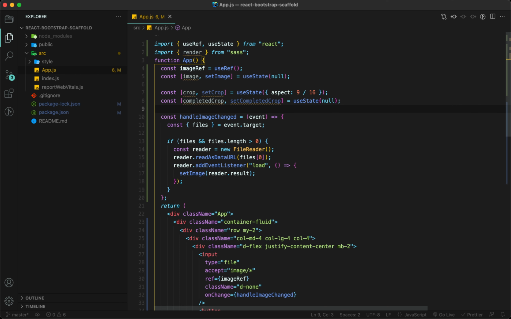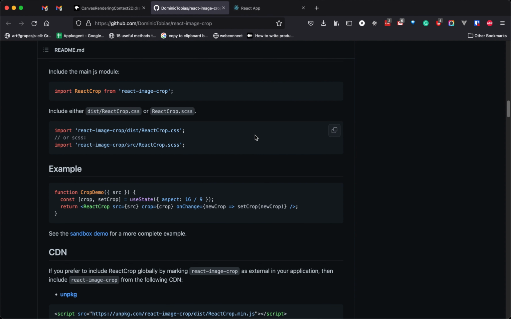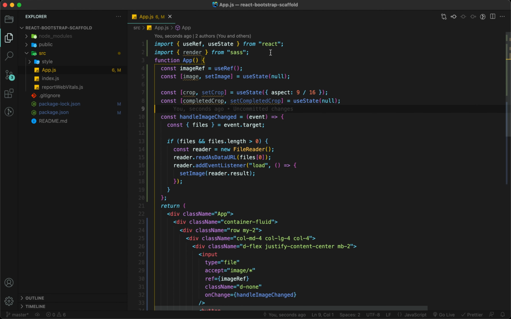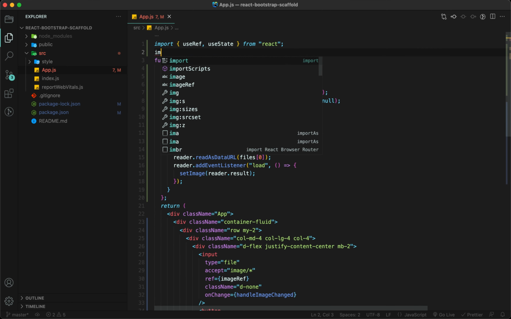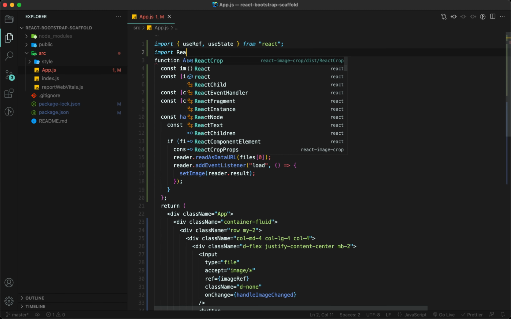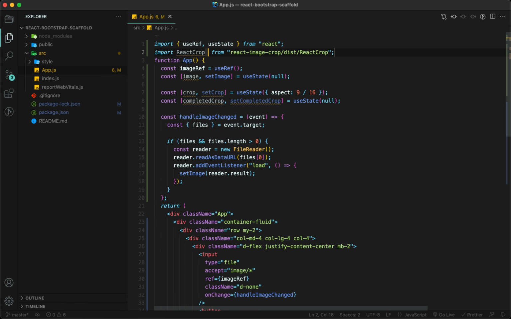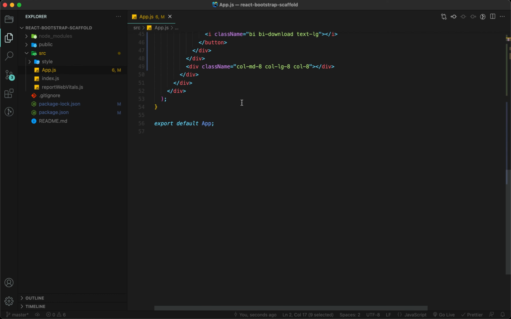Since we have the image selected, and the most important requirement for ReactCrop is the image, let me first import this. Sorry, I don't need SCSS here. Import ReactCrop from react-image-crop, and in the return, I'm going to add one more condition.